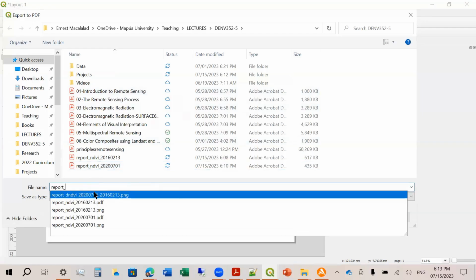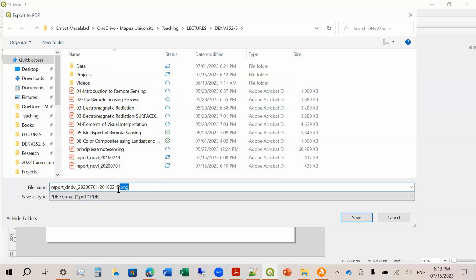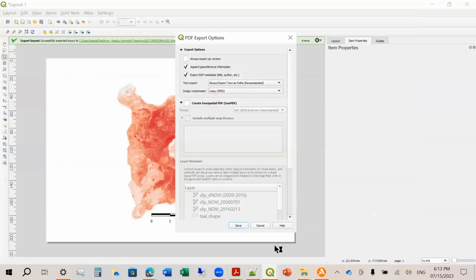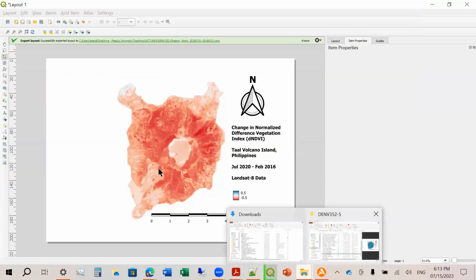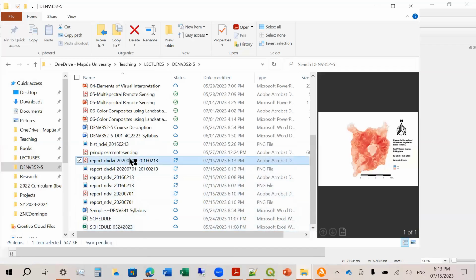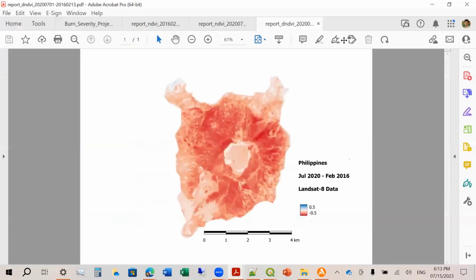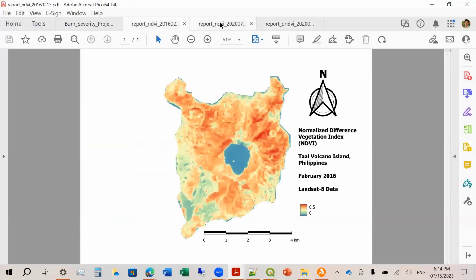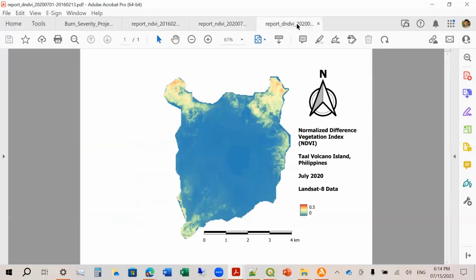This one, DNDVI as PDF. Save. Let's wait for it to finish. Okay, so this is now our data. So this is 2016, 2020, and this is the difference.